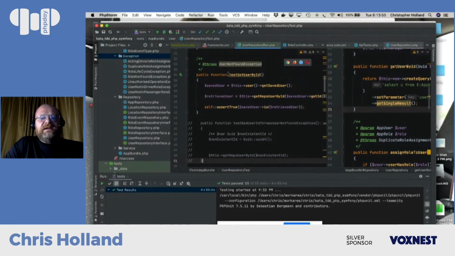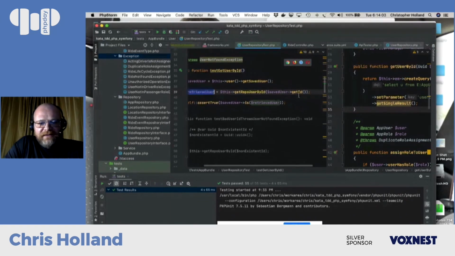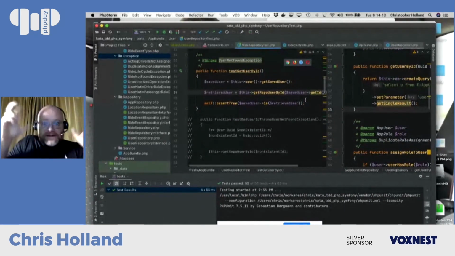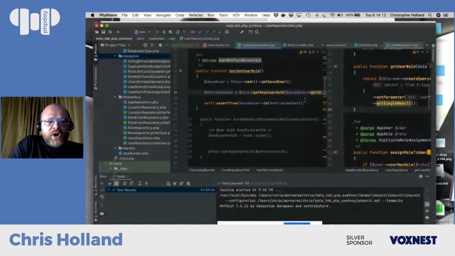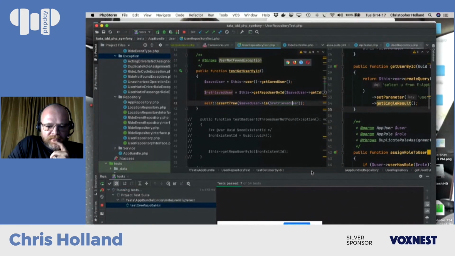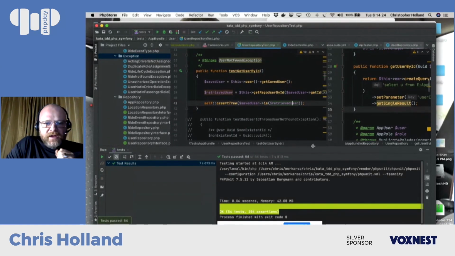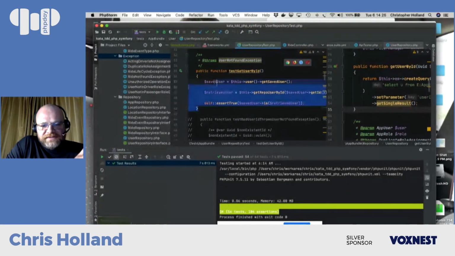So I have some tests here that says test get user by ID, where I add a user into my data store, and then I retrieve a user by my saved user's ID, and I make sure that the user is the retrieved user. So that's kind of the positive case, right? So I'm just going to run all my tests right now to make sure that all my tests pass. Right, just making sure that nothing's wrong with my test suite. Okay, all right, so this is my positive test case.